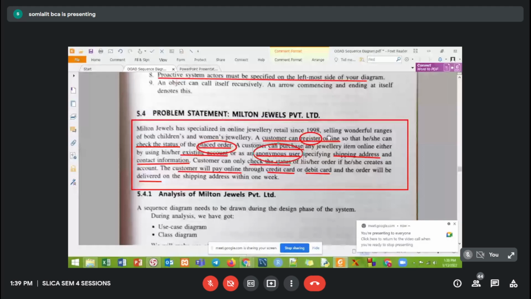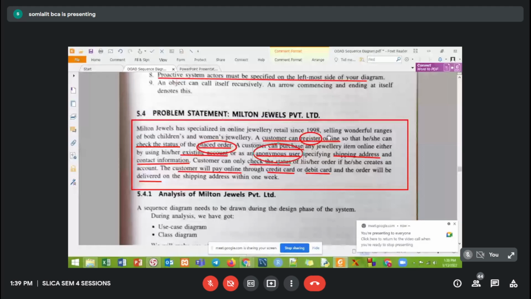This is registration. The customer does the registration, as well as the customer can place the order.